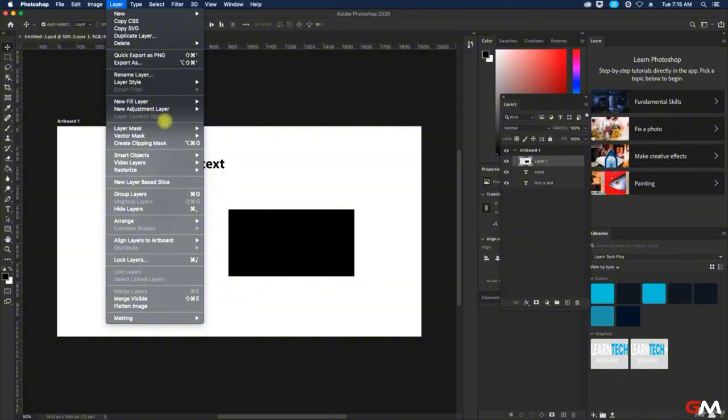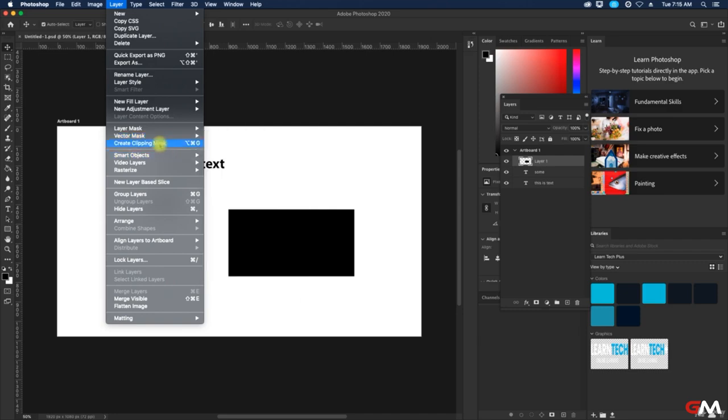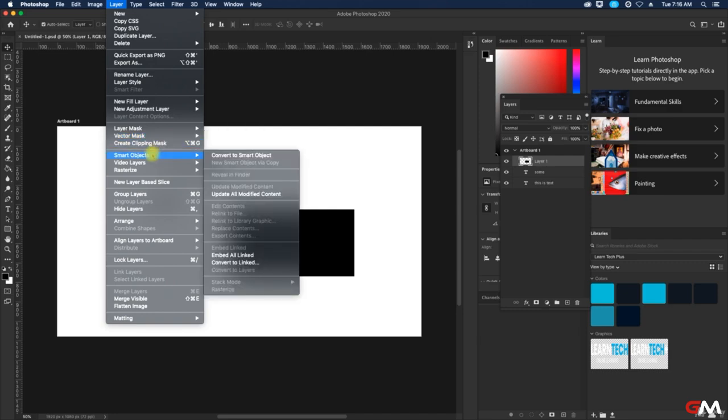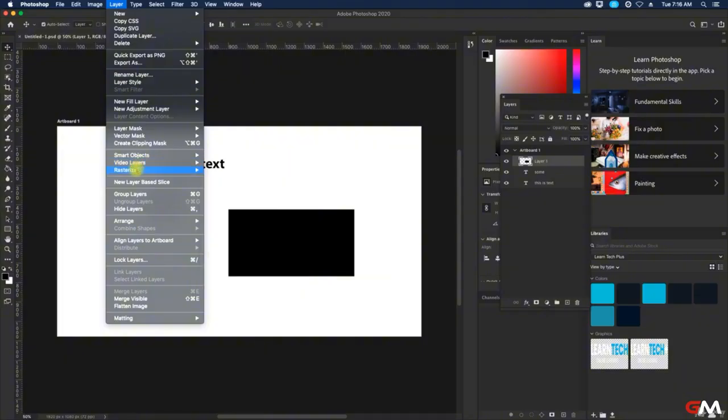We have layer content options, layer mask, so reveal all, hide all, and then from transparency, vector mask, we can reveal all or hide all. And then create clipping mask, smart object, so we can convert to a smart object. Video layers, so new video layer from file, new blank video layer. Rasterize, new layer based slice, group layers, ungroup layers,